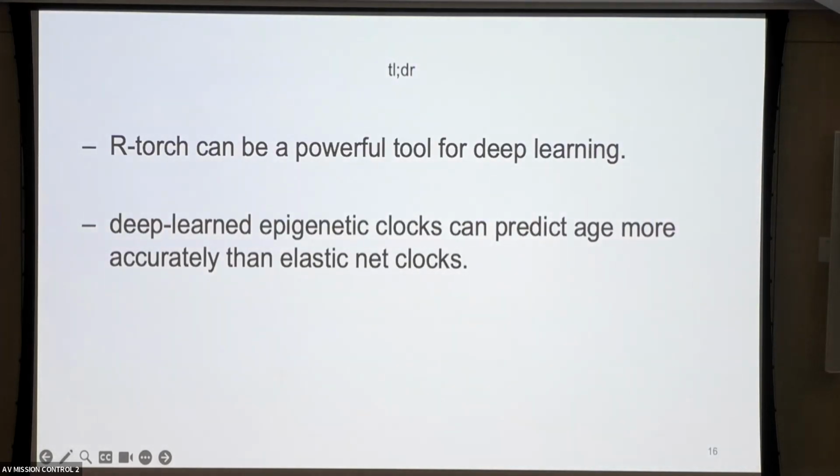So to give a summary, RTorch can be a very powerful tool for deep learning. And these deep learned epigenetic clocks can predict age far more accurately than the current generation of most elastic net